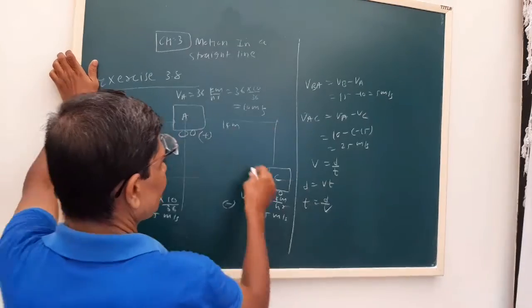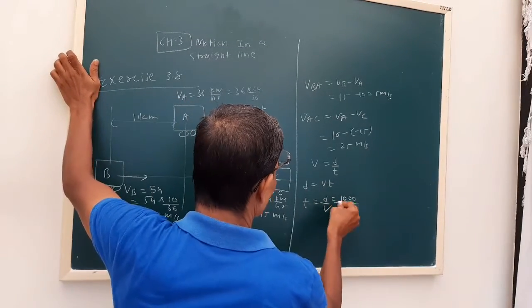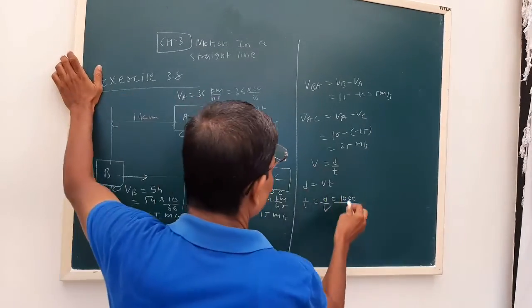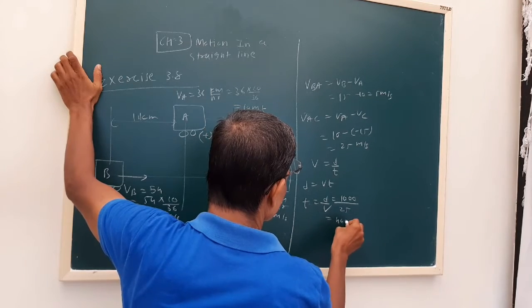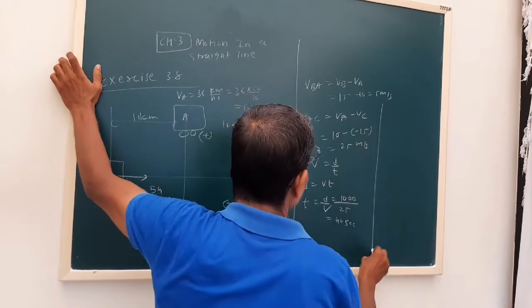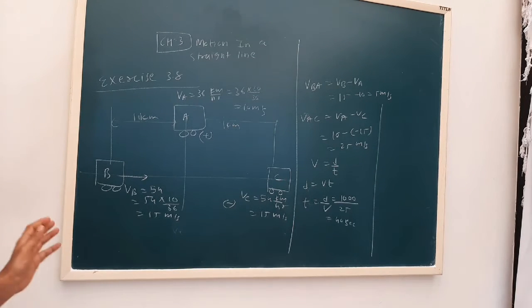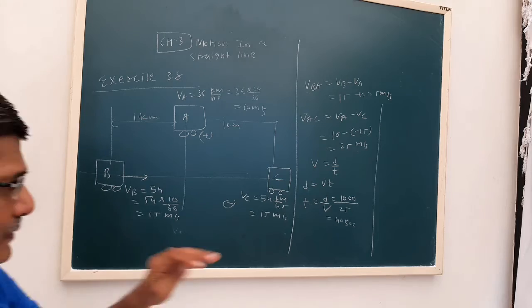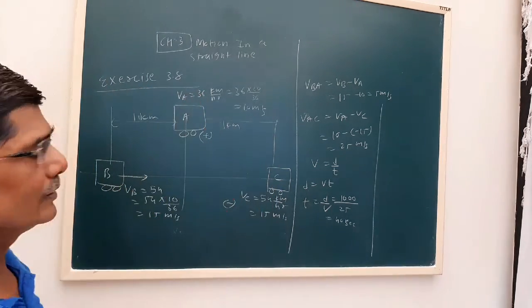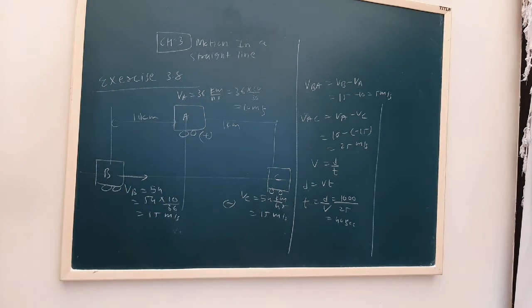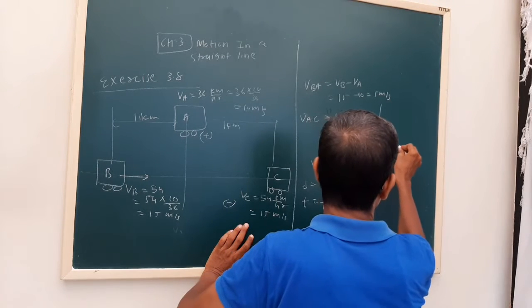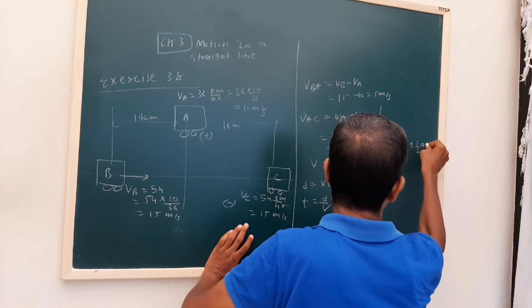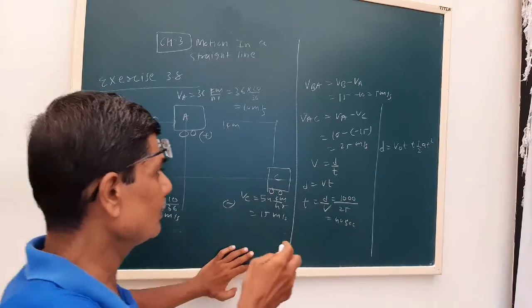Now what is the initial separation? What is the relative velocity of C? 25. Now if B wants to overtake, it has to cross car A in 40 seconds. So we have to find out the acceleration now. So what formula do we use? d is equal to v naught t plus half a t square. Okay. Now distance is how much? 1000.